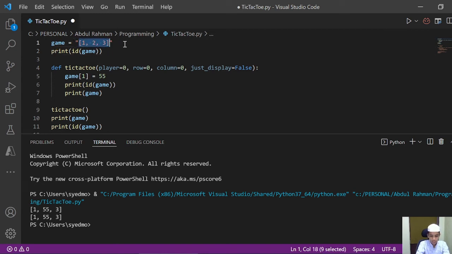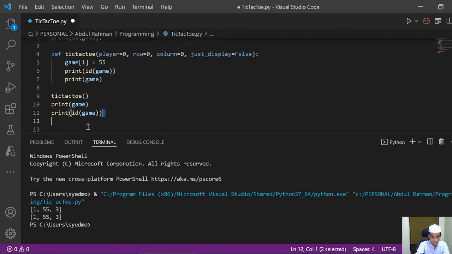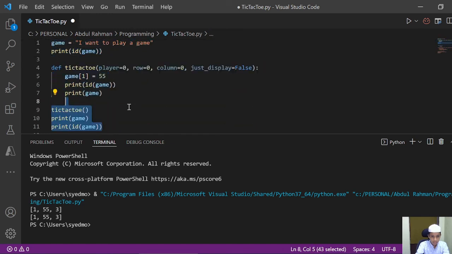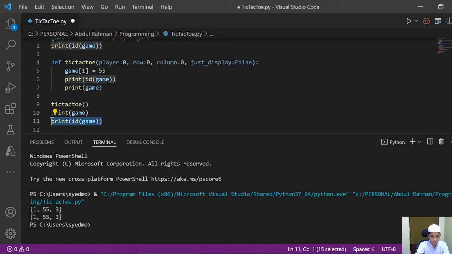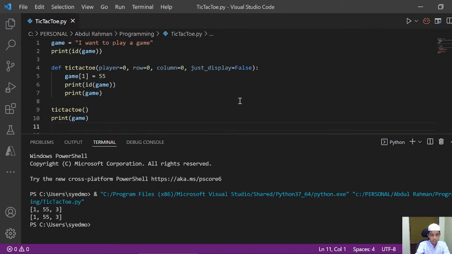I will give this, okay, and then game is there, ID game, tic-tac-toe, ID game. Delete this one. Okay, so now what I will do is I will add here